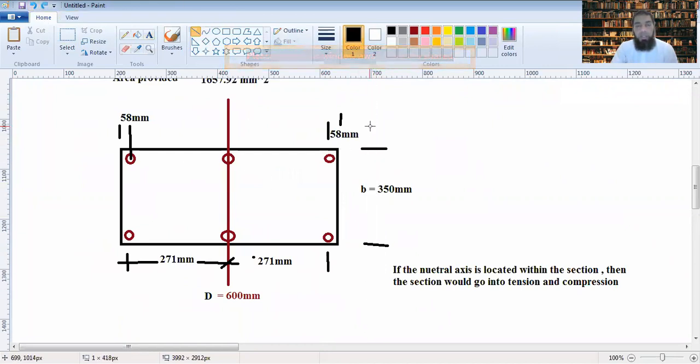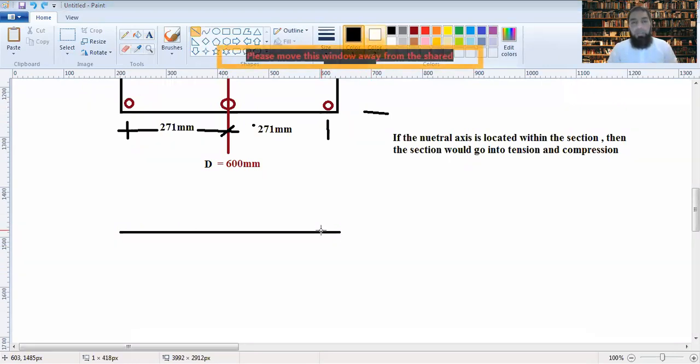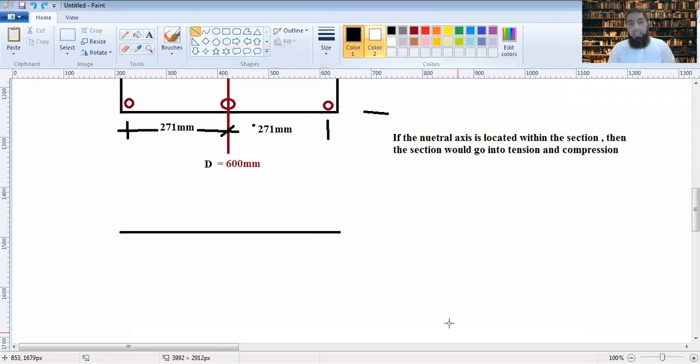Now, if I don't assume for the time being what is given in the question, if I just begin to calculate from here the neutral axis for this section, then in that case,